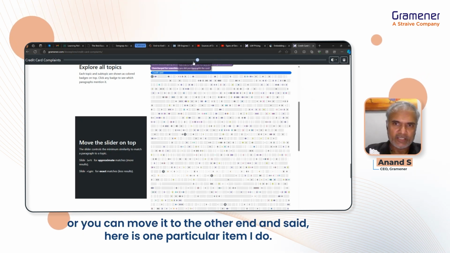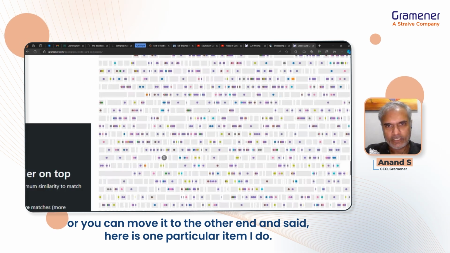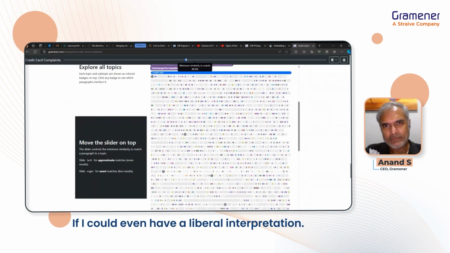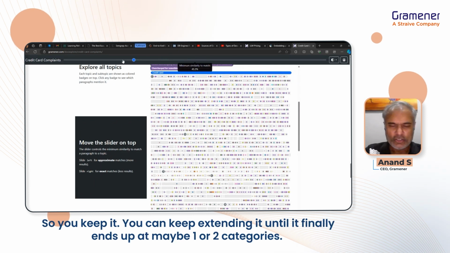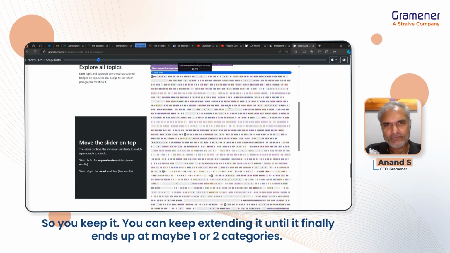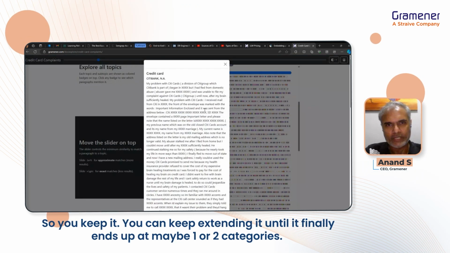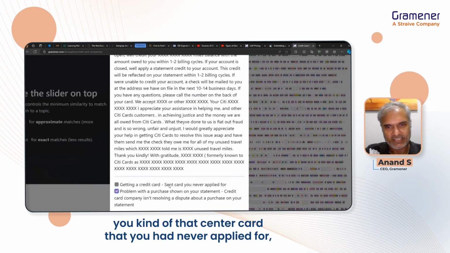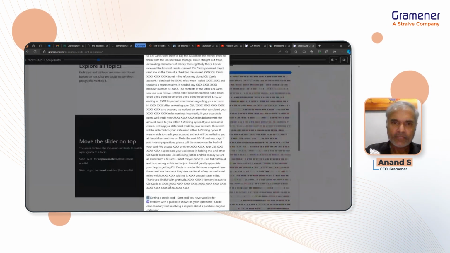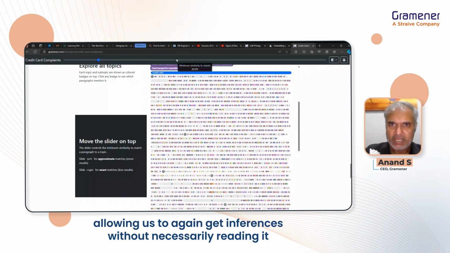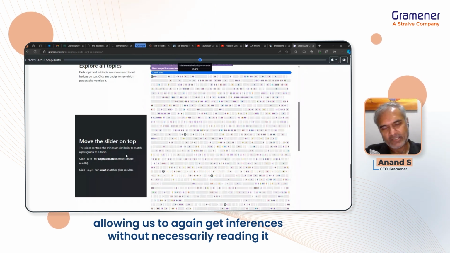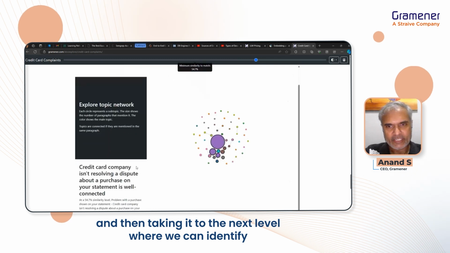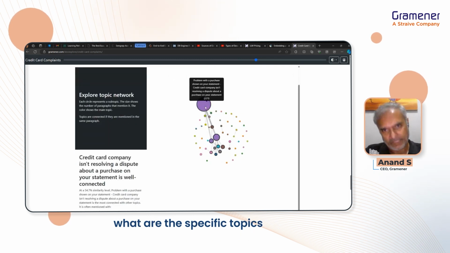Or you can move it to the other end and say, here is one particular item. I want to know which category it might belong to, if I could even have a liberal interpretation. So you can keep extending it until it finally ends up at maybe one or two categories. And then you say, okay, fine. So maybe you kind of were sent a card that you never applied for, allowing us to, again, get inferences without necessarily reading it, and then taking it to the next level where we can identify what are the specific topics